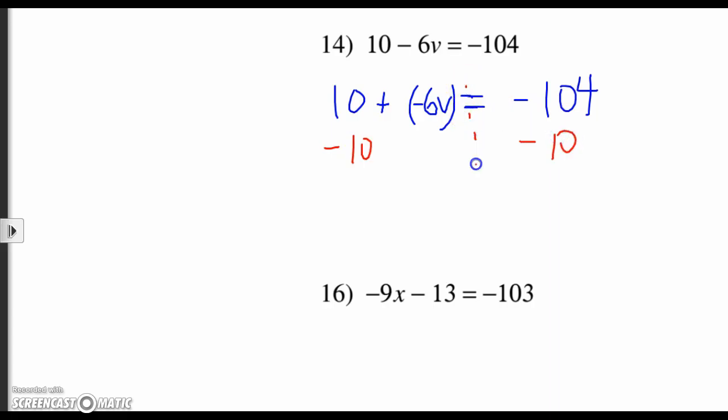from both sides, and I'd be left with negative 6. Oops, I'll do this in blue. It helps me keep my operations straight when I change the colors. Helps me keep operations and then my new equation straight. Negative 104 minus 10 is negative 114. So now, if I divide by negative 6,